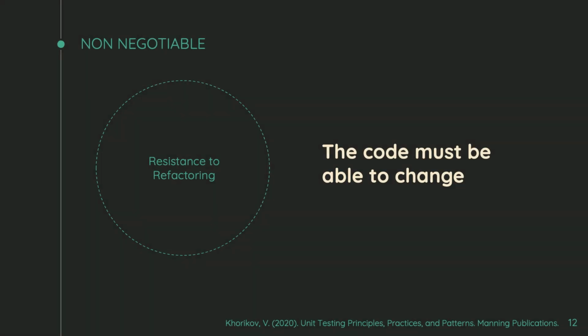But there's one factor, one pillar that you simply can't compromise on, and that's your ability to let your code change. Because new requirements come in, you get new insights along the way. You want to make sure you can change your code to accommodate that. But if you change your code and your tests break, again, it defeats the purpose of changing the code, right? It's not sustainable. So this becomes your true north. No matter what I do, I need to make sure my tests aren't going to break.